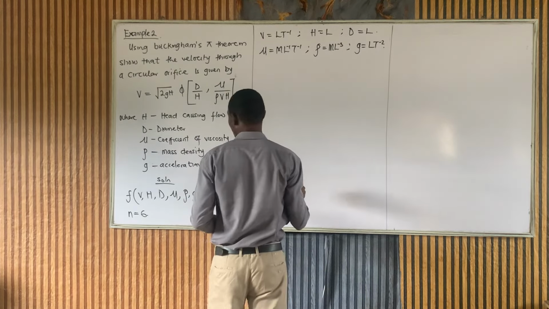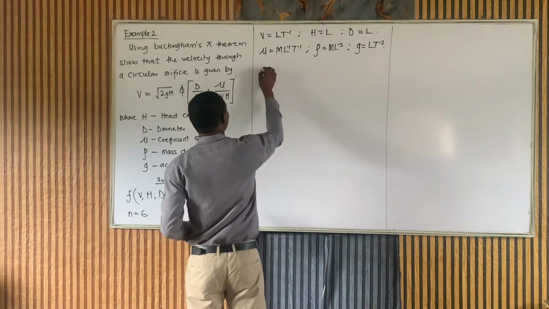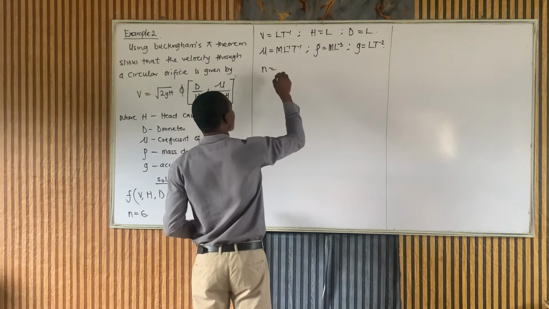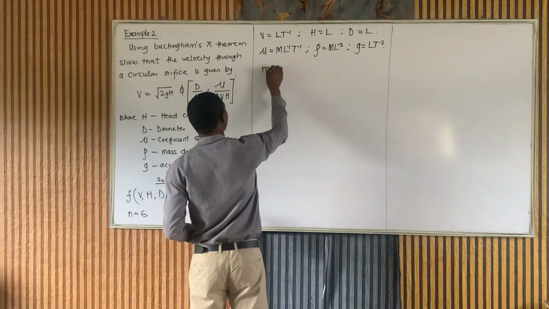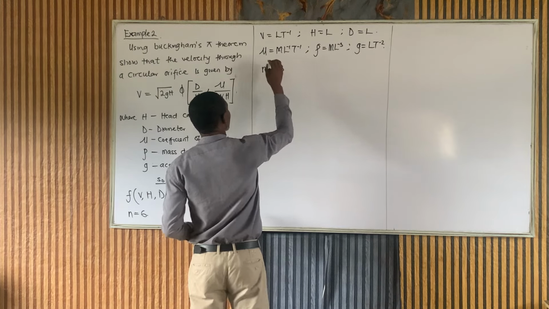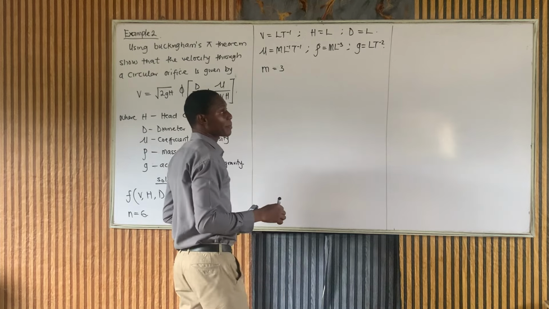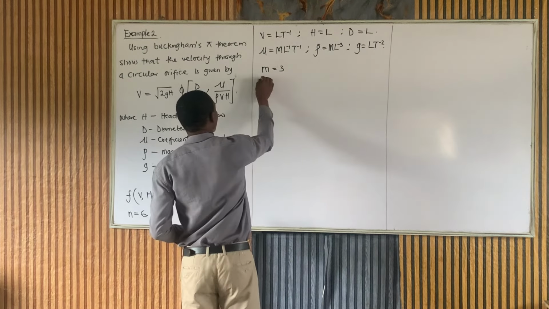So let's begin now. We can see that in all of this, there are 3 basic quantities here. So our m is 3. So how many? We have 3 repeating variables. So the repeating variables,